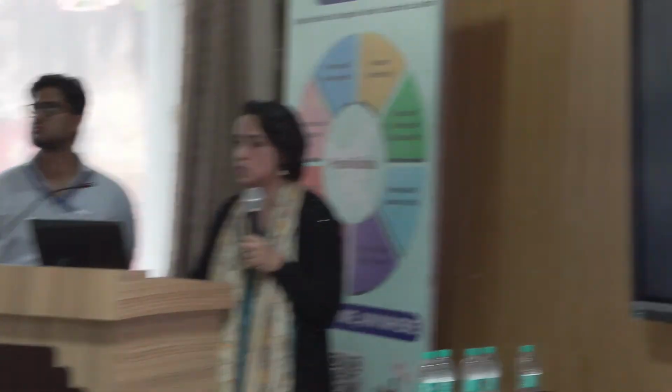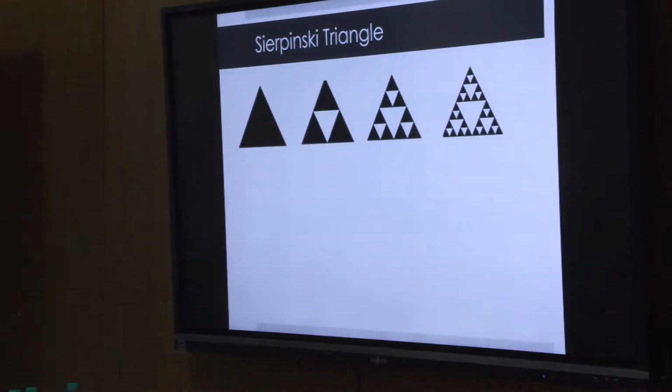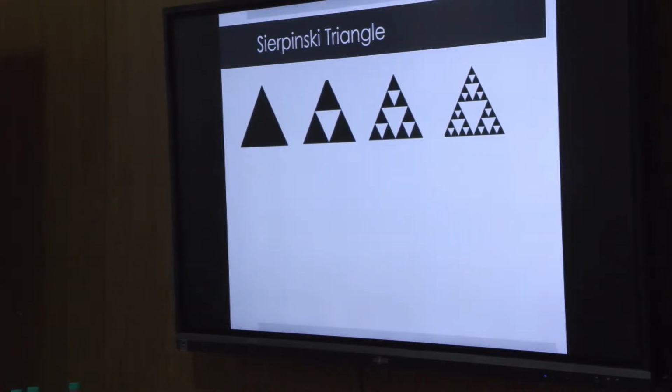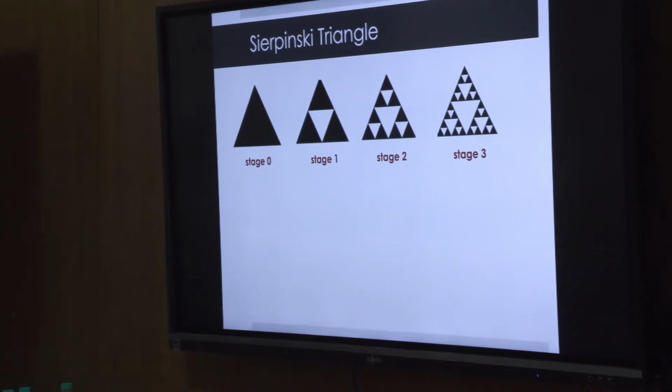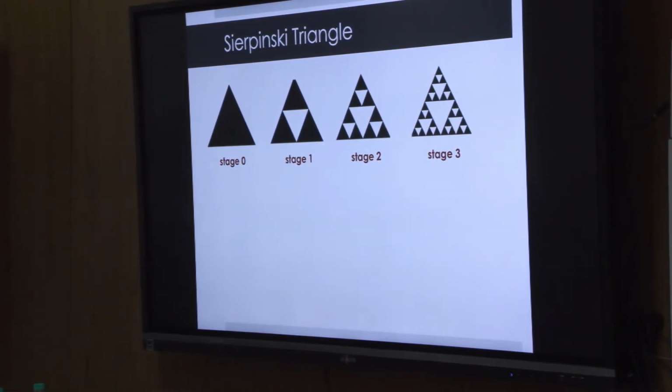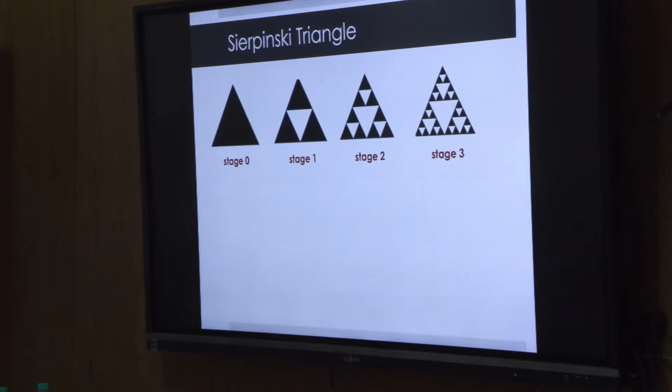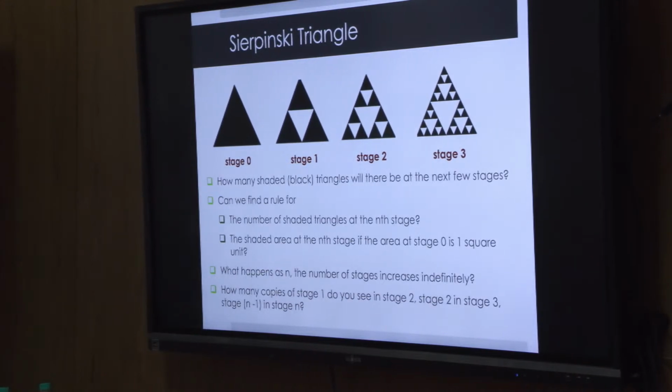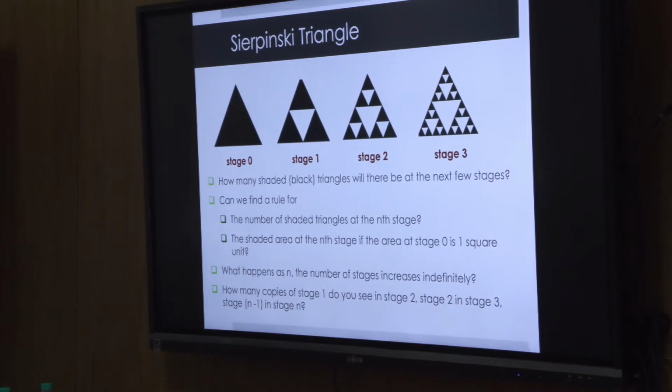Now this is fun for students. And why is it fun? Because they see that something different is happening. And we number the stages 0, 1, 2, 3, and so on. So what are the interesting questions children can explore? At any given stage, how many black triangles will there be? But interestingly, some students want to ask what the white portion is. The white portions are not there, they're holes, right?